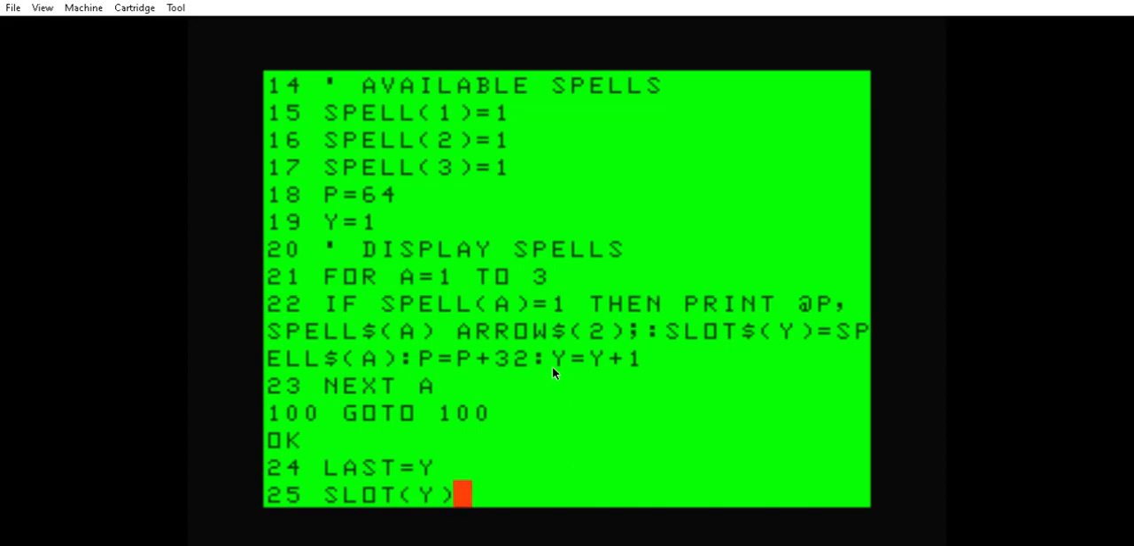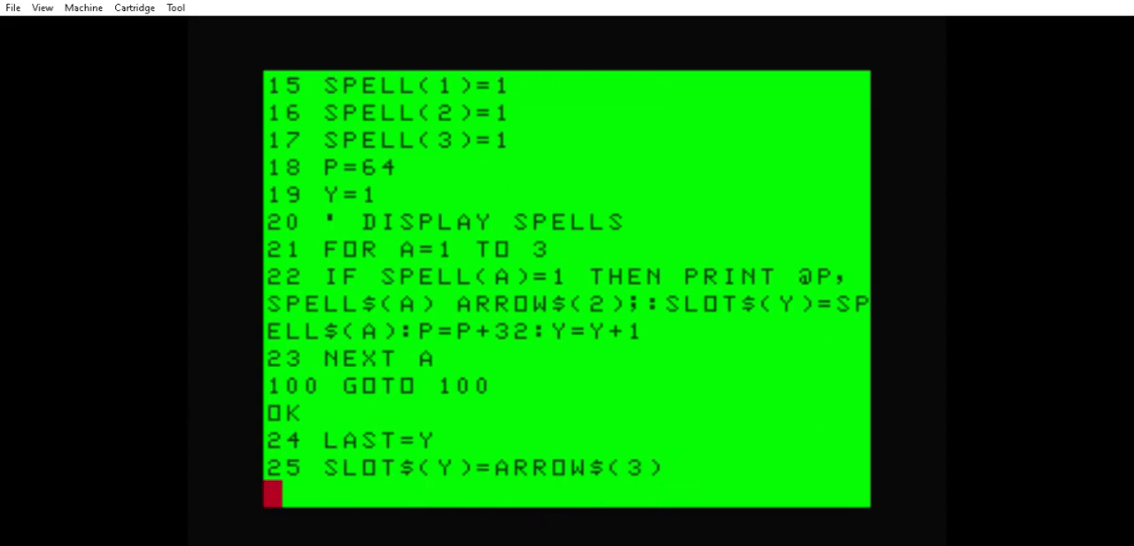So at that final slot Y, it's actually slot $, I'm sorry, it's a string. Slot $Y is going to equal arrow $3, which was the return statement that I put as part of the arrow. I don't know why I did it that way, but now we're going to print